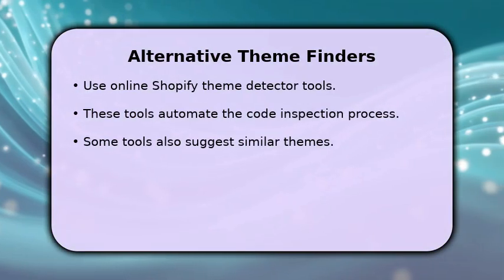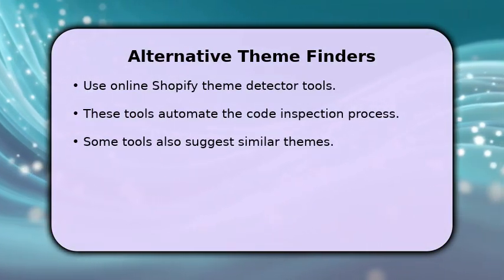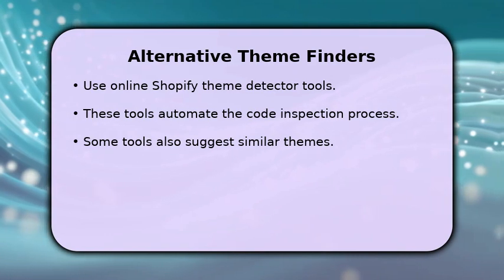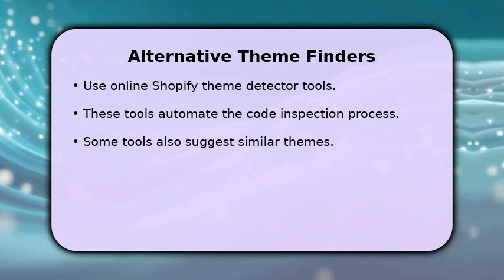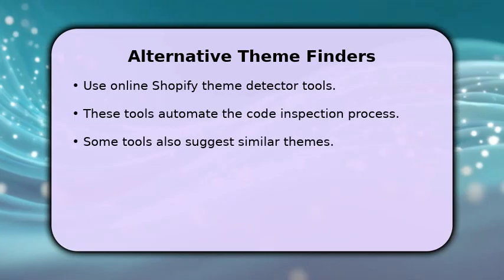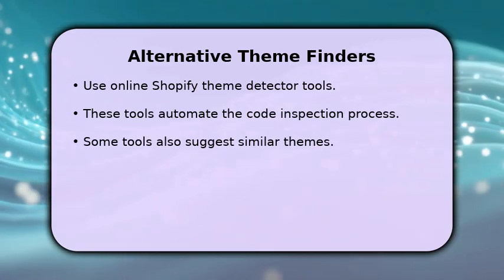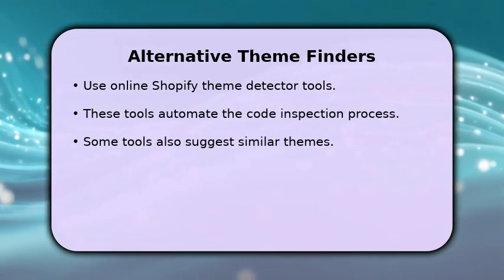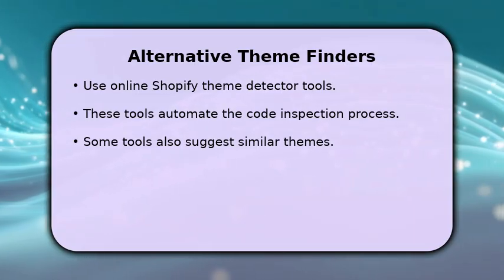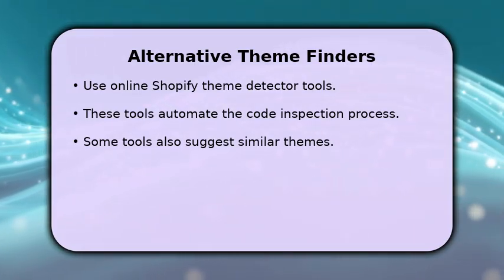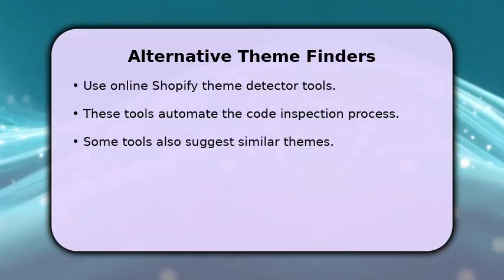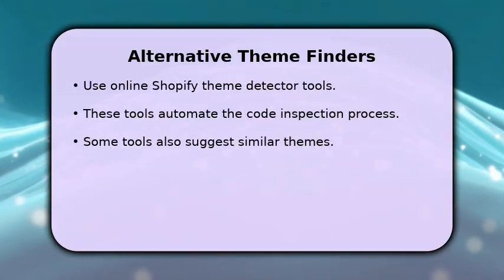If manual inspection seems too complex, several online tools can automate this process for you. Websites like Shopify Theme Detector or What Store Theme allow you to simply paste the website's URL. They will then analyze the site and tell you which Shopify theme it's using, often providing a direct link to it. These tools offer a quick and